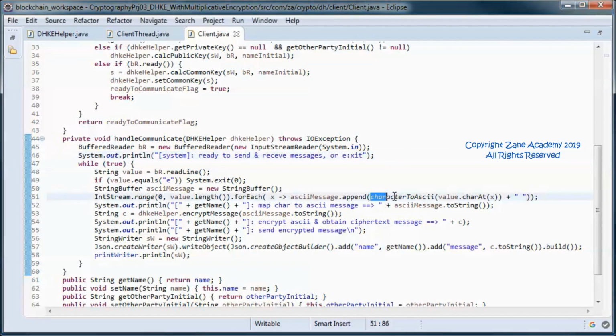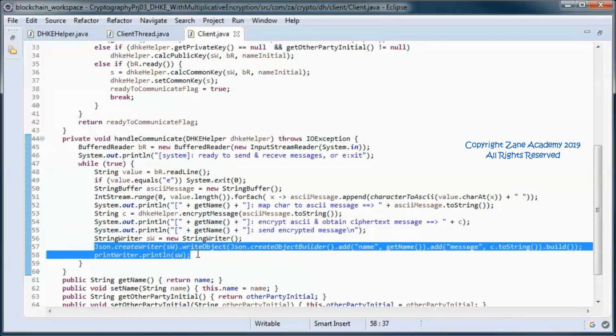So here we turn the character message into ASCII, and here we encrypt it, and we display some information, and we send that message to the other client in a JSON object.